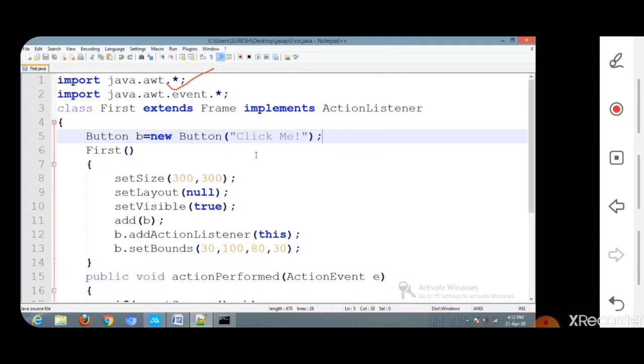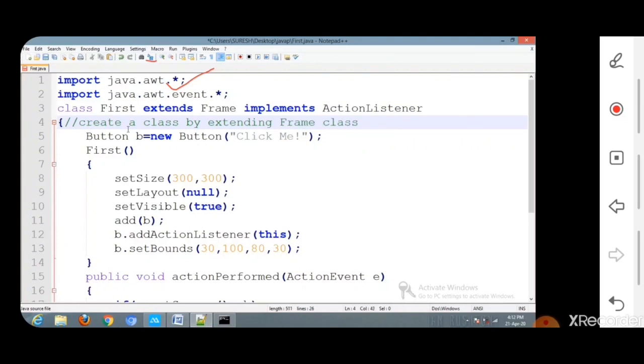Then we have to create a class by extending the Frame class, that is class first extends Frame.